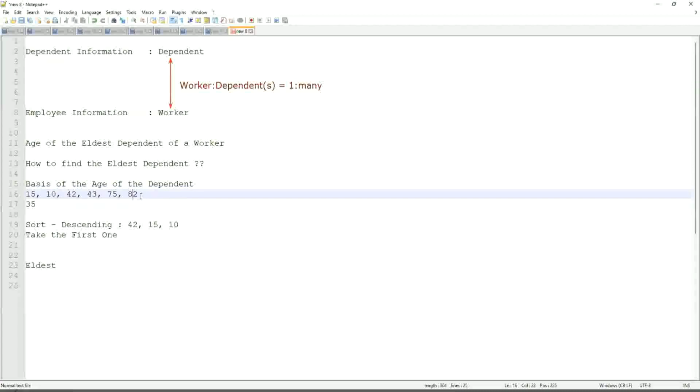So the first thing that we are going to do is find out the eldest dependent. So we will sort the dependents based on the age. And then we will see what is the criteria on the basis of which we are choosing. But first, we need to decide in which business object we are going to store the new calculated field, worker or dependent. Does the worker business object have the information about the dependent's age? The answer is no. That is why we are going to use a combination of calculated fields called extract single instance